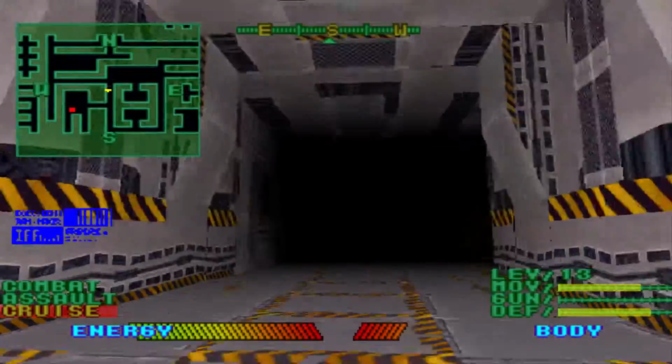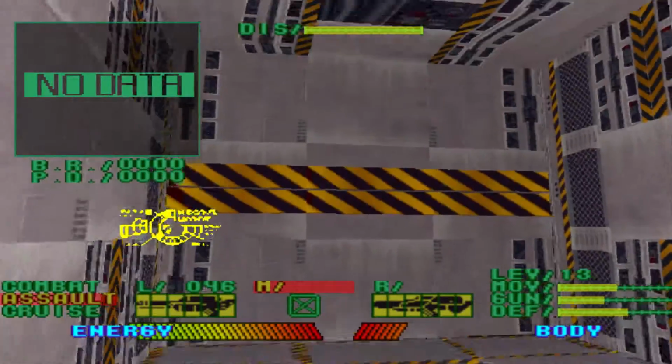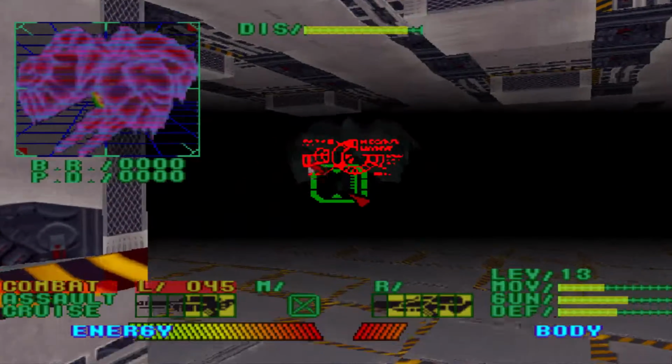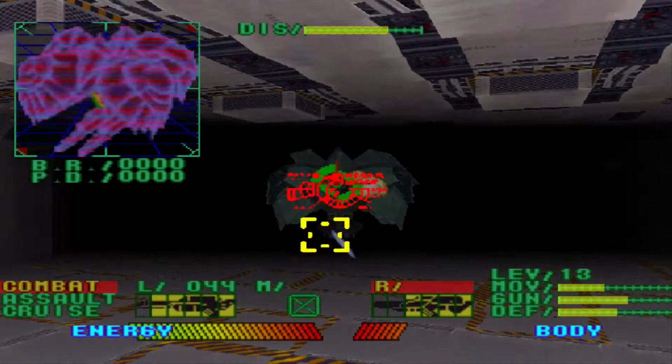Alright, so we saw there that the friendly data sensor or signal or whatever you want to call it on the map is on the other side. So we're just going to go ahead and take down this enemy real quickly. And then we'll go see what that is, even though it's...